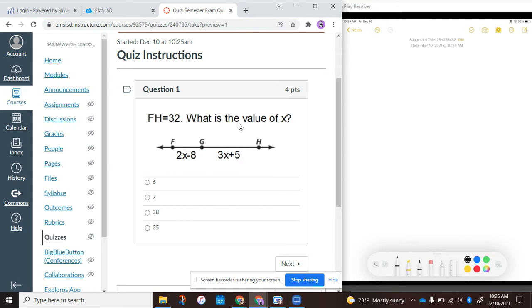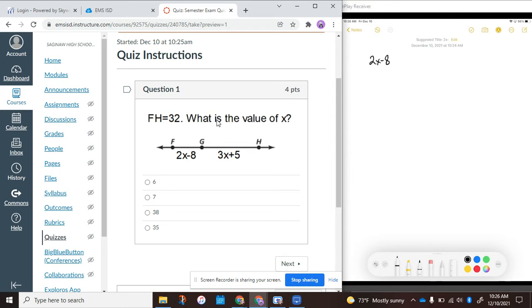All right, this is from way, way on back, close to the beginning of the year. We talked about how you can add together the lengths of these two smaller pieces, and that'll give you the length of the entire segment all the way across. It's just a little bit of common sense that this piece plus this piece equals the whole entire thing all put together. Well, if we do that and we set that up as an equation, that gives us